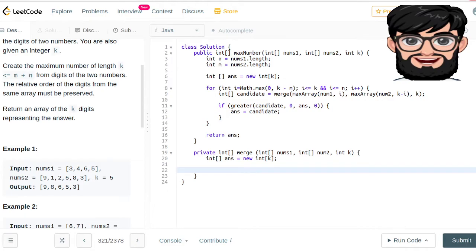Once we are breaking down the k, we're gonna keep checking if the number is greater or not, right? So based on that, let's just say